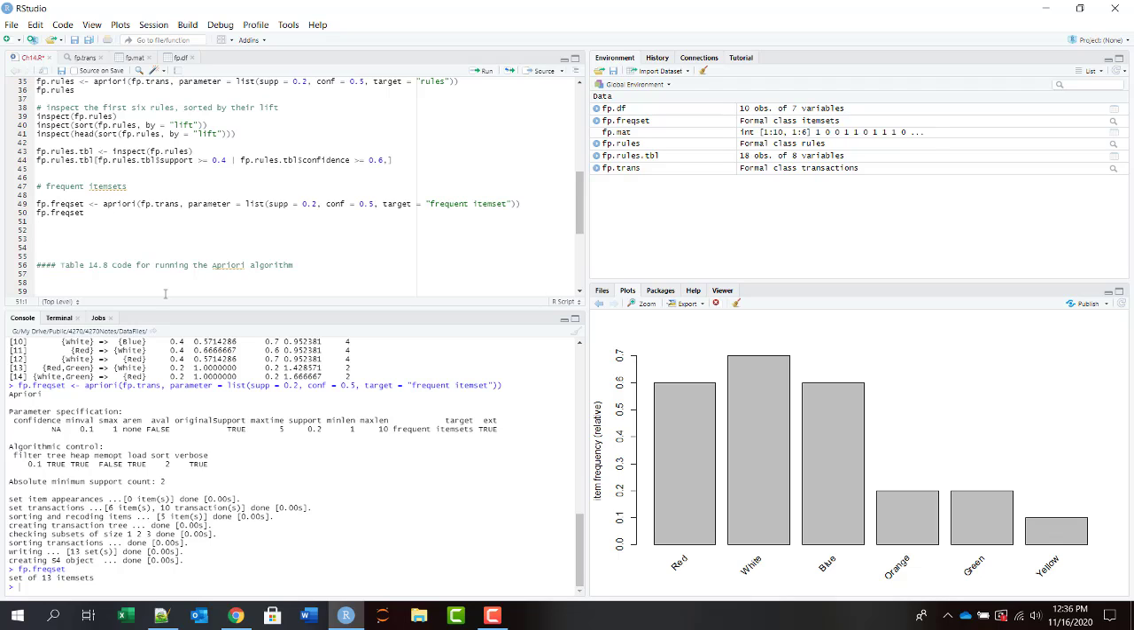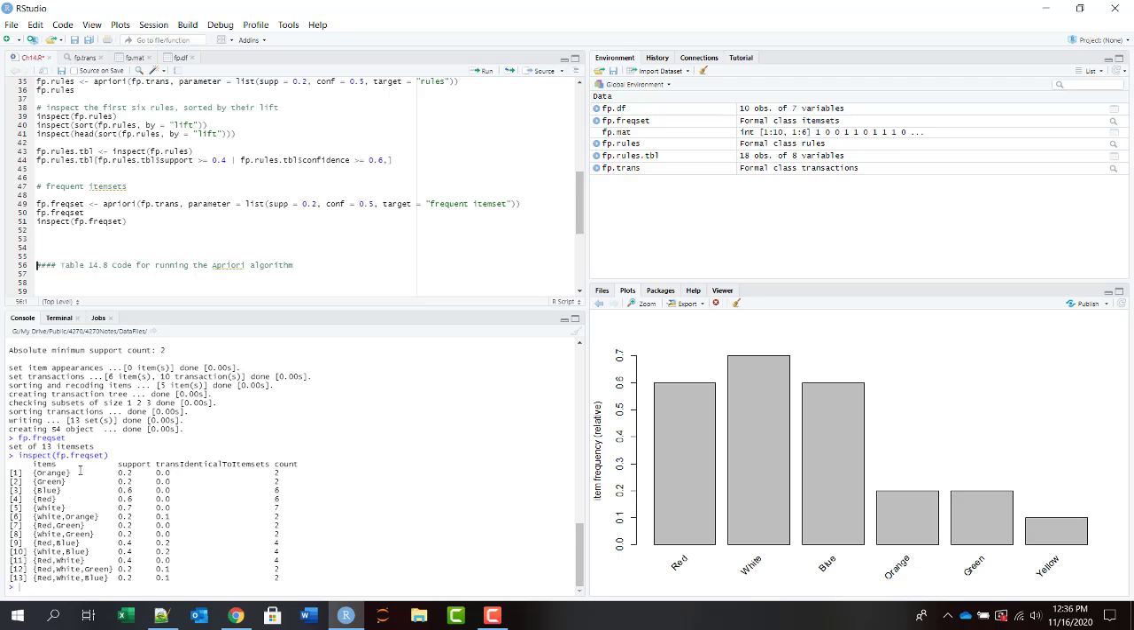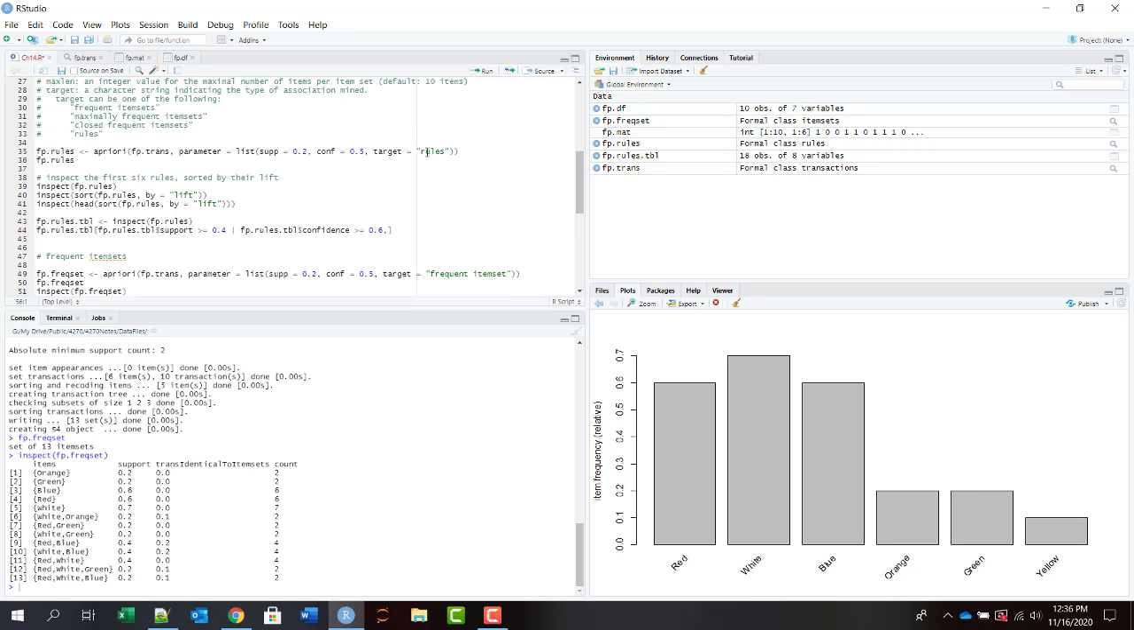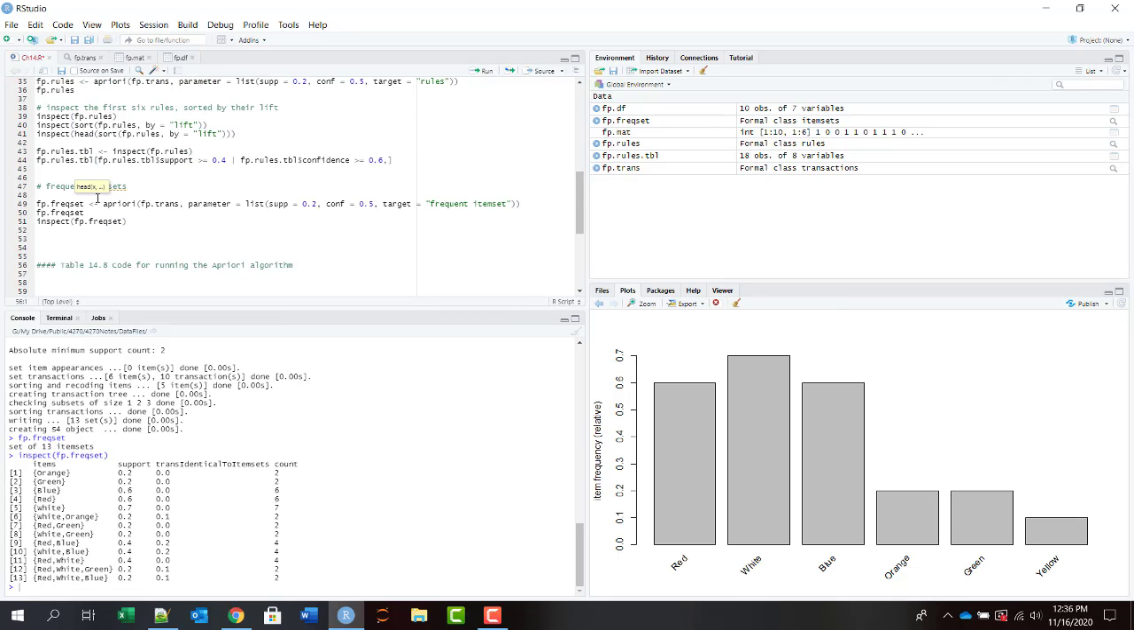Now if you inspect that, you get all the item sets for the parameters that we have listed. But for association rules, we don't want this, we can skip this part. We can just go straight to rules, and then you'll have everything that you need there, and that's it. And if you want a certain level of